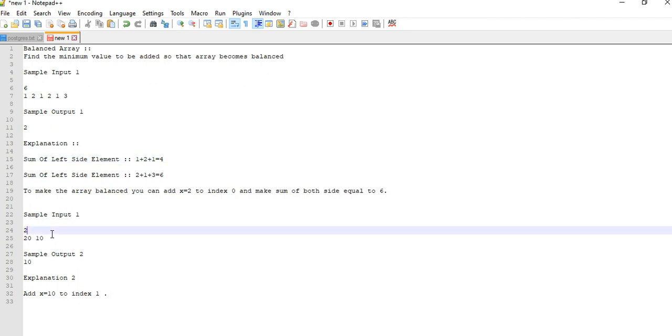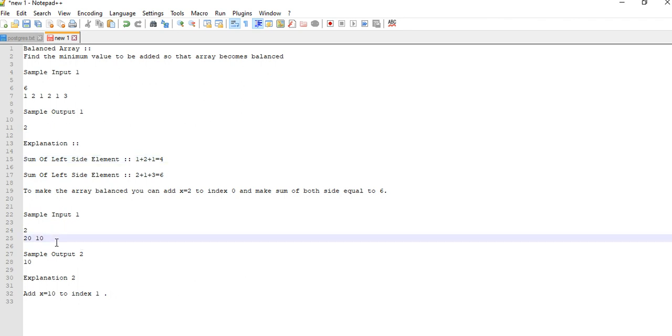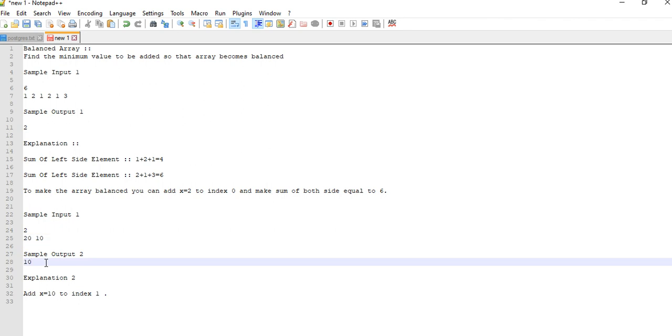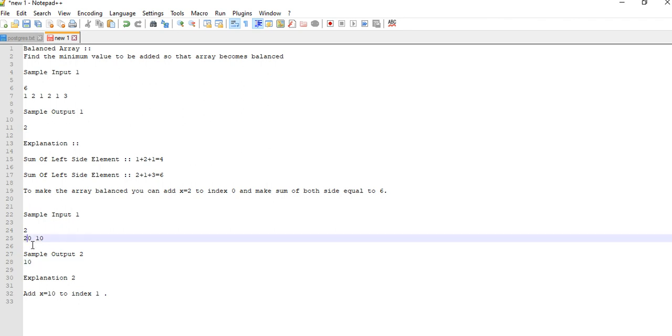In a similar way, here two data elements are there in the array, so the output is 10. What is the minimum number of elements we need to add? Here the summation is 10 on one side, so we need to add 10 at index 1 so that the array becomes balanced.